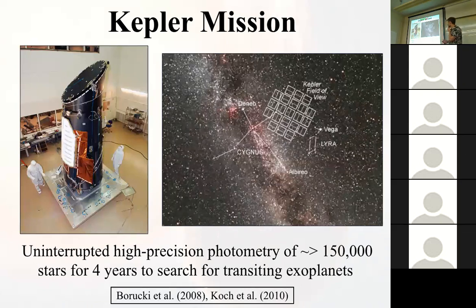that was launched in 2009. And you can see Kepler here before launch. It's a large photometer. Essentially, it's a 1 meter telescope. And the whole point of Kepler was to just measure the brightness of stars as precisely as possible and for as long as possible. So Kepler looked at one patch of the sky, just above the galactic plane. This is the field of view of Kepler. It looked at this patch of the sky for 4 years and measured the brightness of 150,000 stars continuously. That's all it was built for.